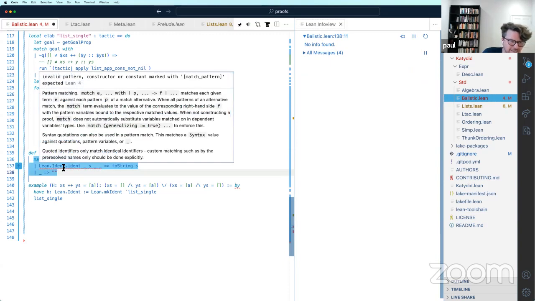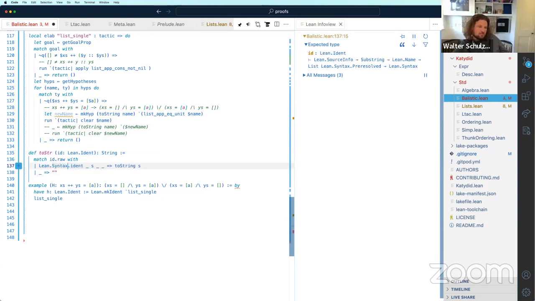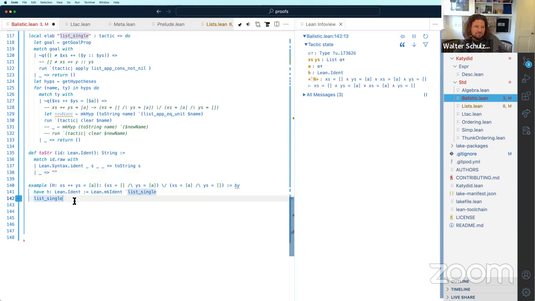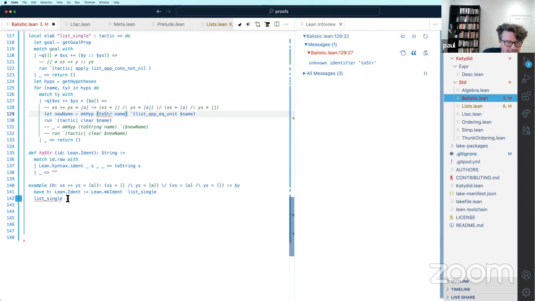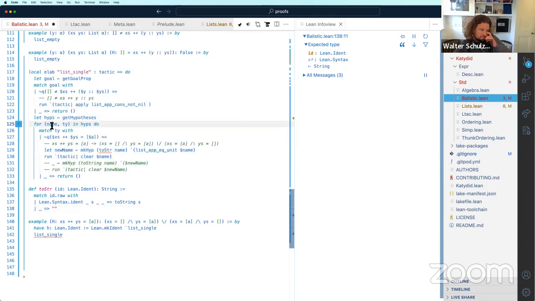It's syntax rather than ident, because ID was ident, and then ID.raw is of type syntax. Okay, so what did that do? Oh, we have to call the function. We need to call it, and then it doesn't work. We're calling it on what? That's a name, is it? Yeah, but the name is an ident. Oh, fine.